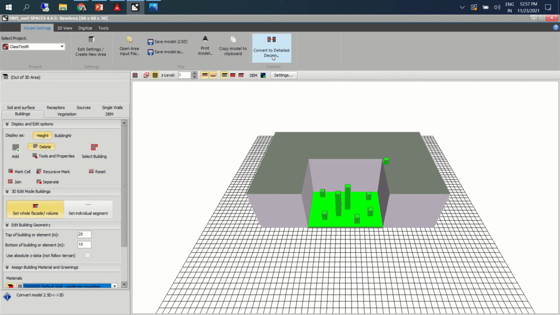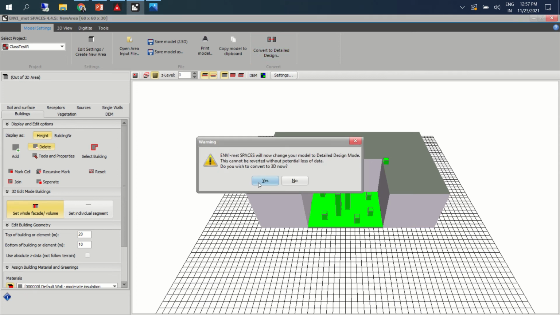Those who are familiar with building energy simulation models do this. After we do some conceptual model, we convert them into detailed design. After that, we will not be able to modify any of these characteristics that we have. So I'll just convert this into detailed design.